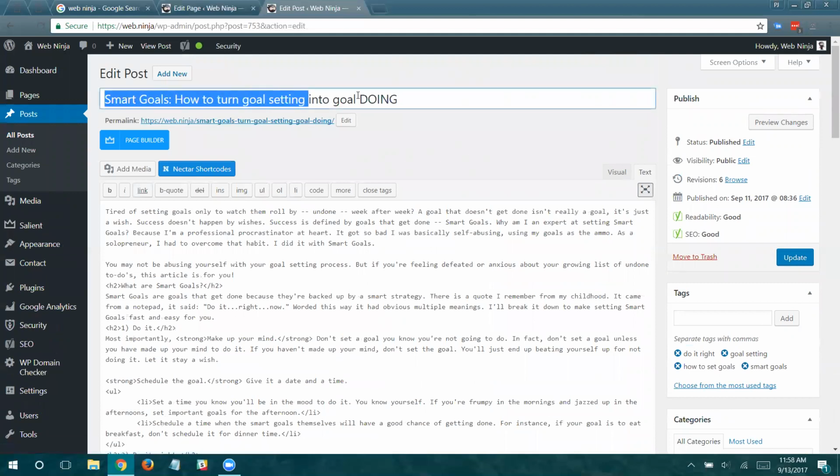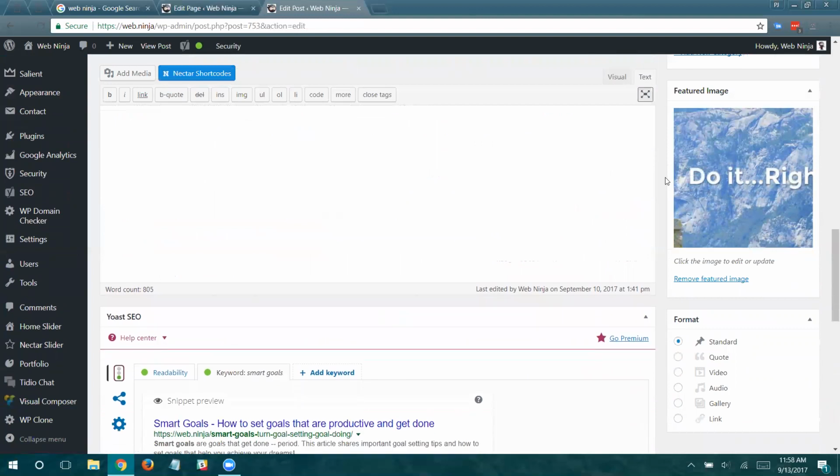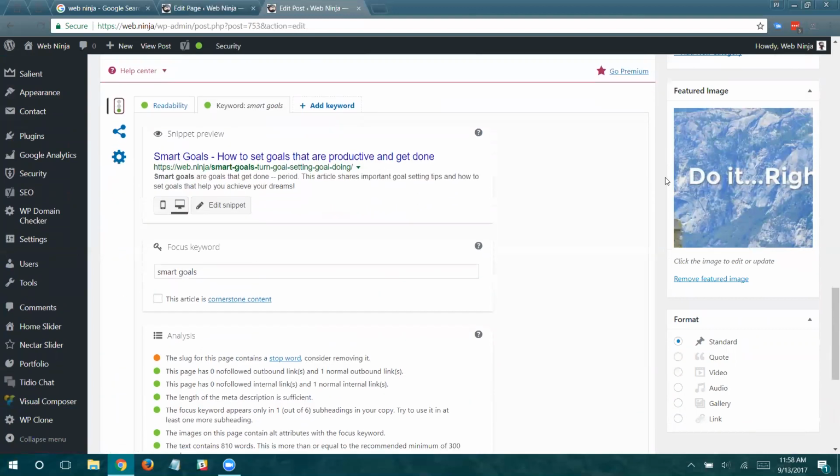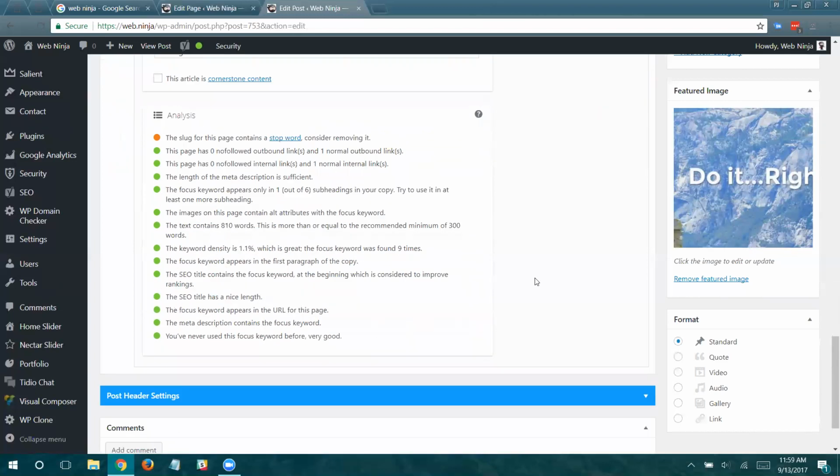If you do this by creating the title, then usually your permalink or your slug is going to have the keyword first. And it can be really tricky, honestly, getting that keyword to be the first part, because it may not be super conversational. It may be like a middle of the sentence type of a phrase. So again, this was a little bit of a shoehorn for me with this title, SMART goals, how to set goals that are productive and get done. That's a little bit of a shoehorn. But if people are searching for it, then that's going to get their attention.